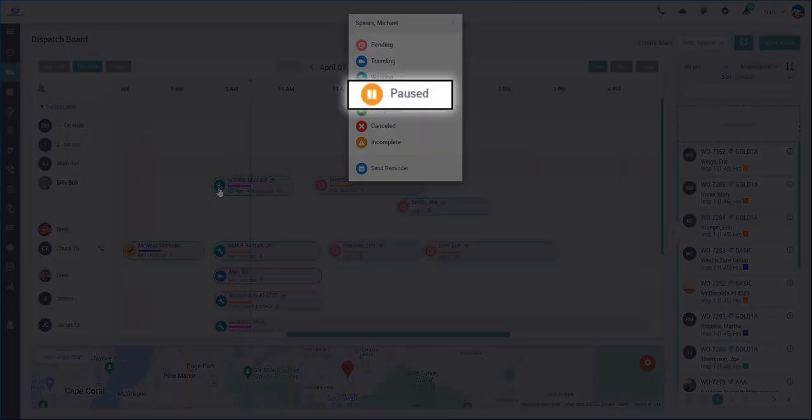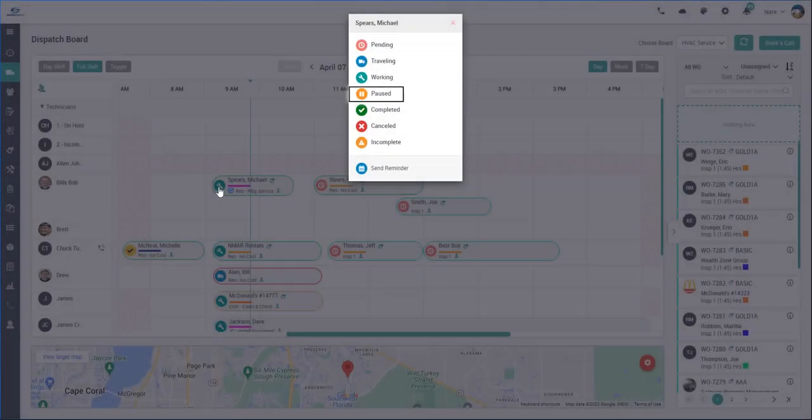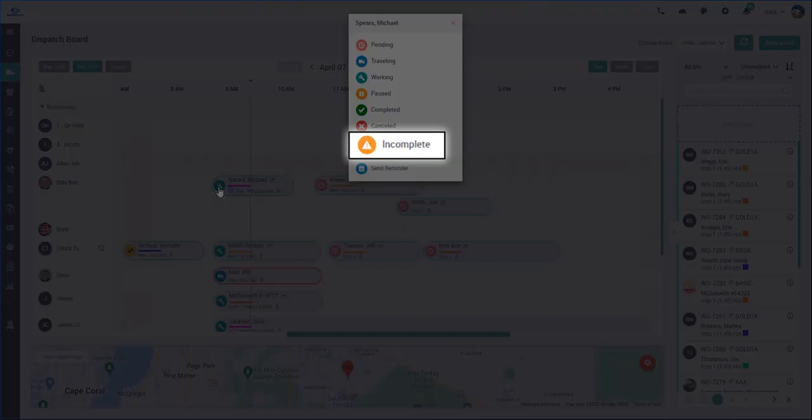The pause status is used for a temporary work stoppage, such as the technician went to lunch, had to leave the call for a short period of time and will be returning shortly, etc. If a technician is leaving for an extended period of time or overnight, they should use the incomplete status and